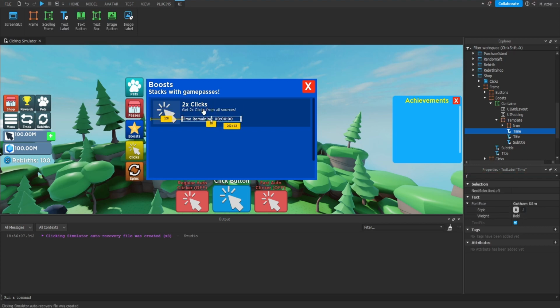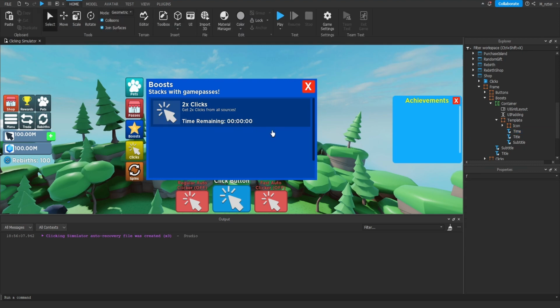Now, similar to how we have the title text label, we basically want to do the exact same thing, but we want this text label to align with the bottom of the icon frame. So we're going to go ahead and resize this as well. Actually, maybe even in both directions, but I also might make that a tiny bit smaller as well. So now let's make sure that it's aligned with the bottom of the frame, which it is, and I think